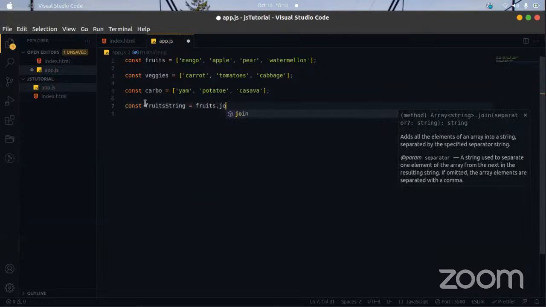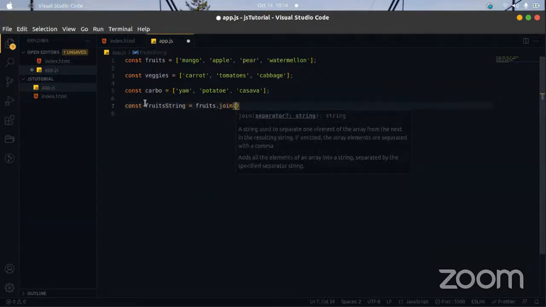dot join. Now, if you're using this, dot join has a default separator, which is a comma. Even if we don't add anything here, dot join actually takes in values. Whatever value you put inside join is what is going to be used as the separation for the words. If you don't put anything, it's going to use a comma by default. So let's just do it by default and see what happens.